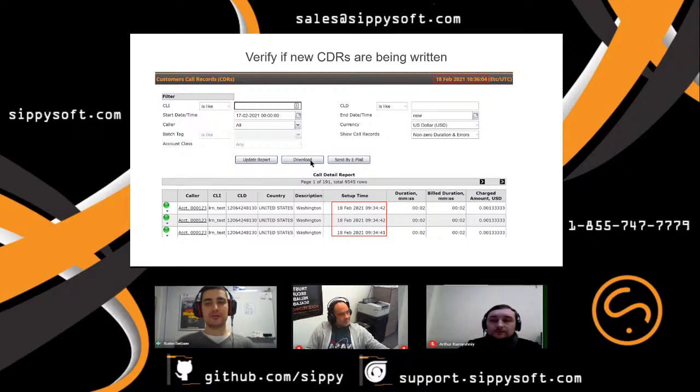And the first thing you should do is generate a report for 1 hour on the web interface, then for 2 hours, then for 3 hours, and so on. As soon as you find a time interval with records, refresh the report page several times. In such case, you will be able to compare the date of the last CDRs and the system date in the upper corner. So if you see that new records are being added but with a delay, like on the screenshot, so it's our case. Let's proceed to the next screen.